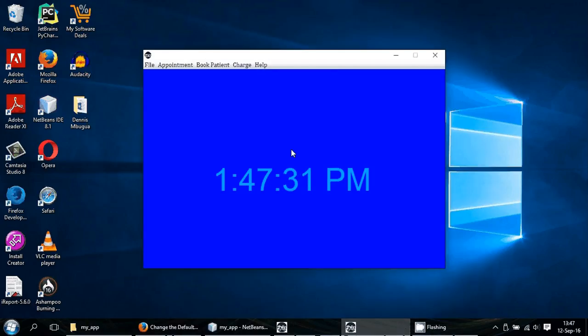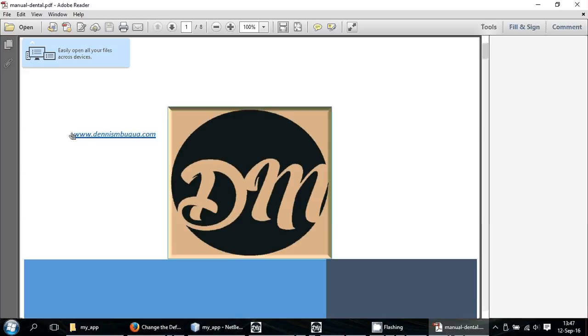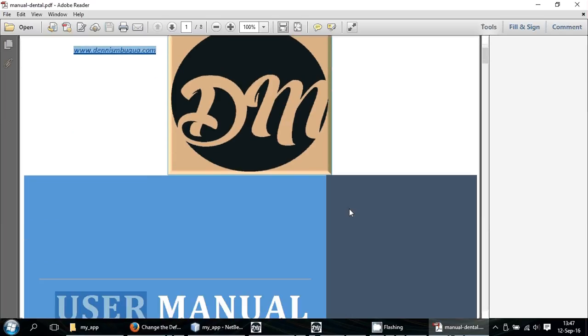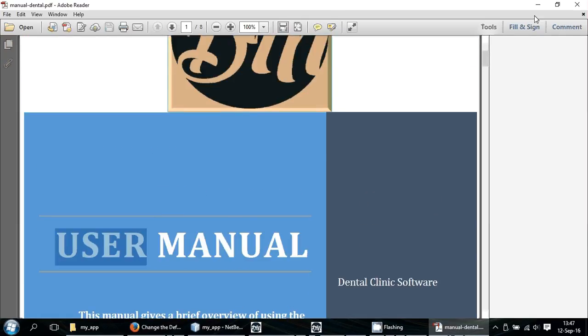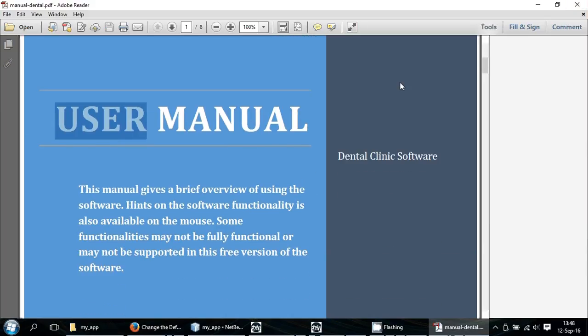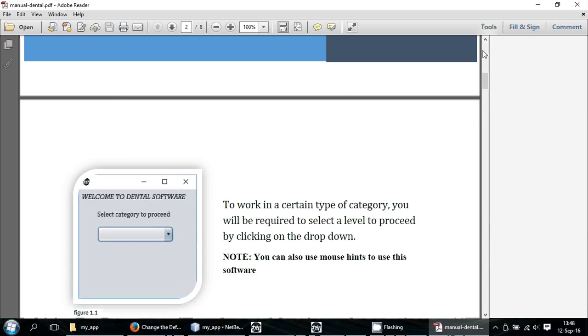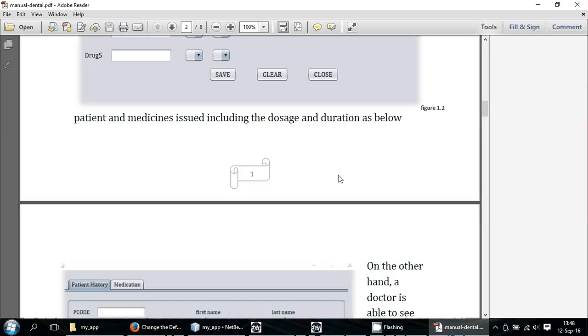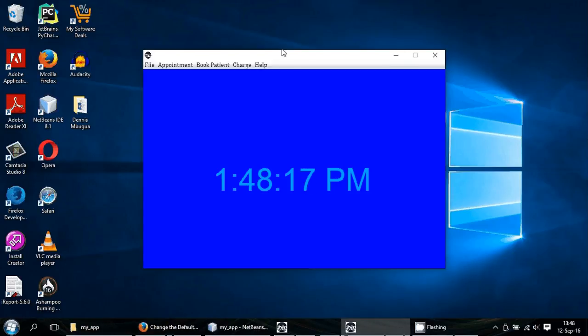and there's also a manual. This manual I created for this application. So this is the manual. I did it for this application,